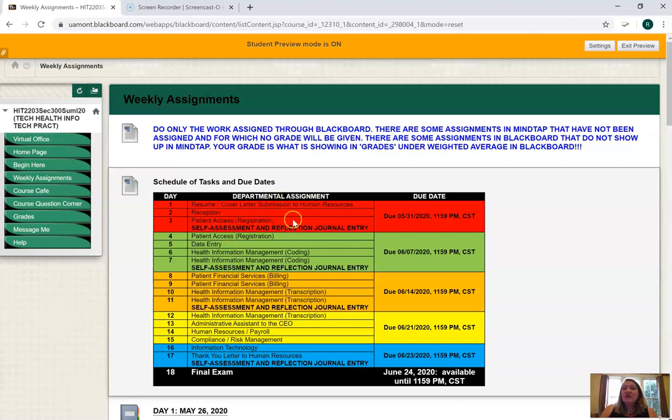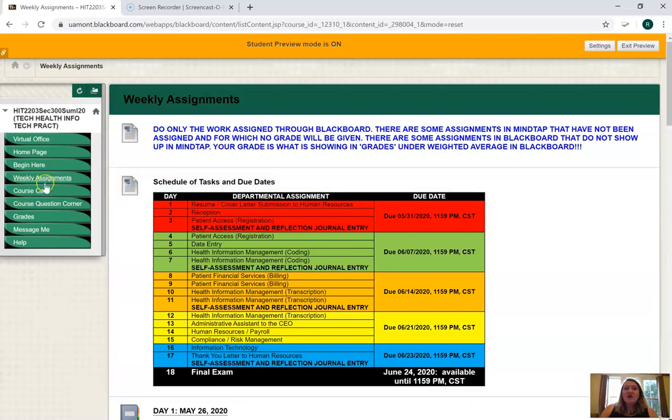So all of these things on these days 1, 2, and 3, they have a due date. And so your first due date is going to be May the 31st. Second due date is June the 7th, June the 14th, June the 21st. And on these two, we don't get a full week because the class ends on the 24th, which is when we'll take our final exam. So this will be due that Tuesday before we do that.